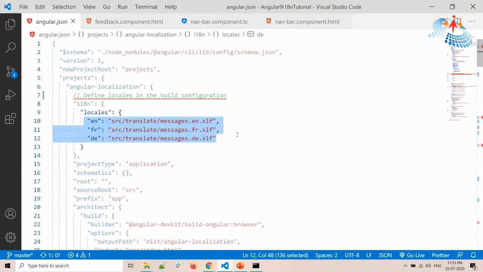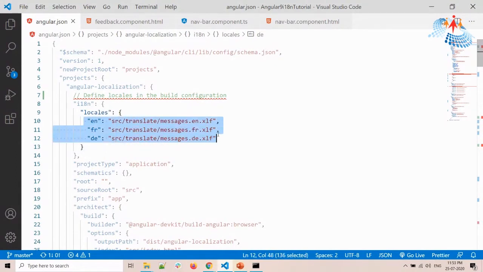Here you can see that I have defined a key value pair which says that when the locale is en. One more thing about locales: locales are standard codes for each language, and you can find them on a simple Google search. For every language, there is a standard code defined by an international body. For example, for English it is EN, and it will be used everywhere. Same for French, we have FR, and for German, we have DE. That's why we have used the standard codes here.